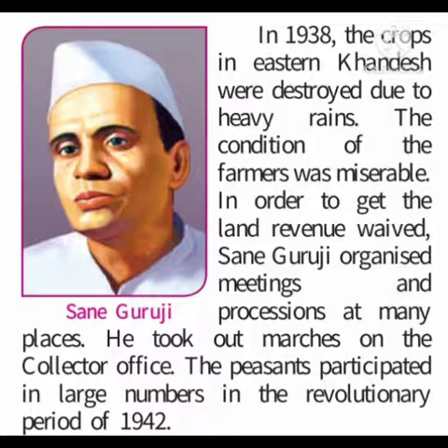Because farmers depend on their crops for their livelihood, which were destroyed due to heavy rains. So, the condition of farmers was very sad. They were unhappy. In this situation, it was not possible for farmers to pay land revenue. So, in order to get the land revenue waived, means to cancel,